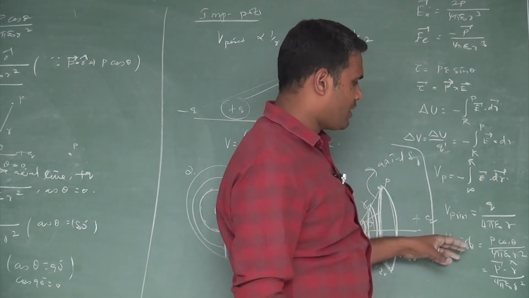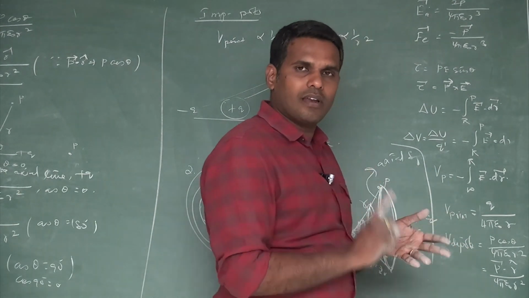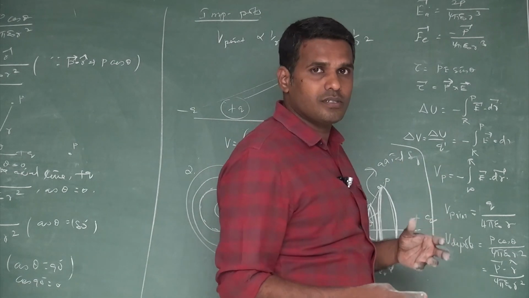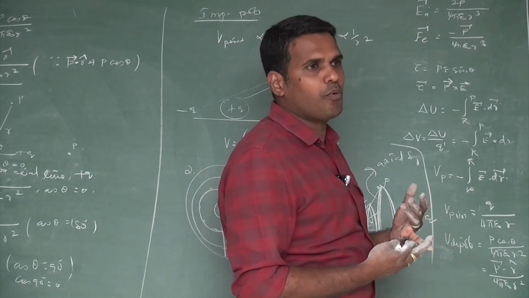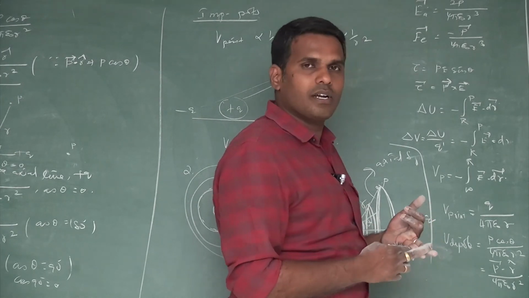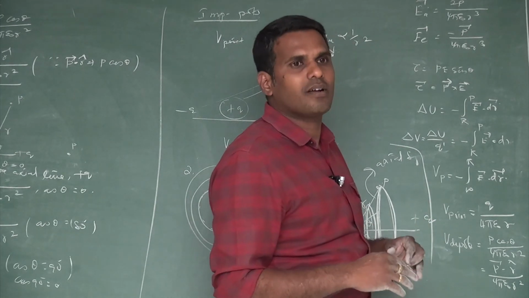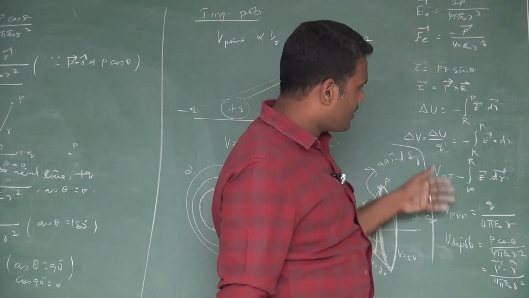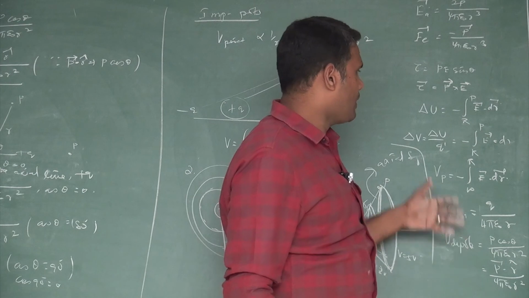These are all very important ideas. Field along the axial line, field along the equatorial line, potential at any point due to a dipole. These are all 5-mark questions. Torque on a dipole in a uniform electric field, potential at a point due to a point charge are important 3-mark questions. As you go through this, and if you keep these formulas in mind, it is easy enough to solve the problems.